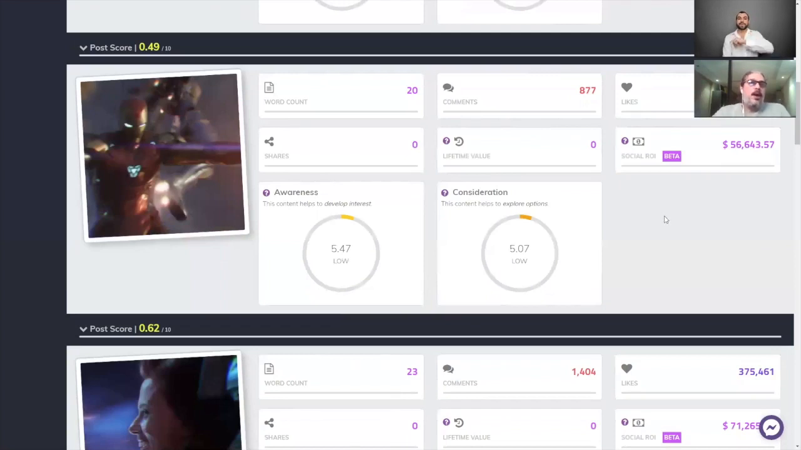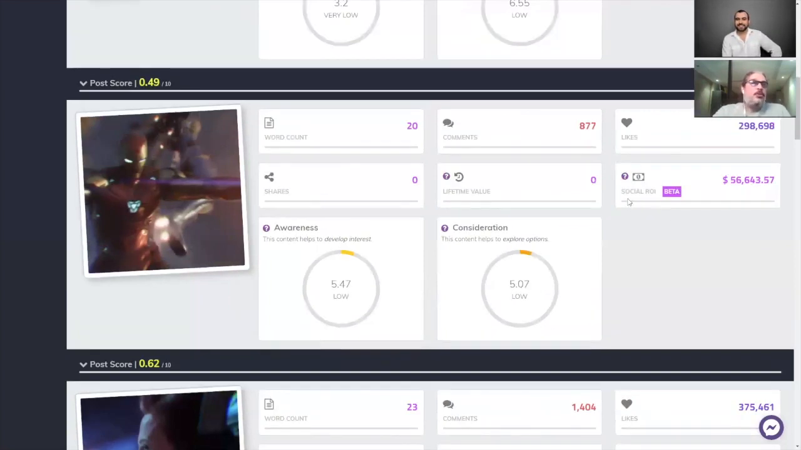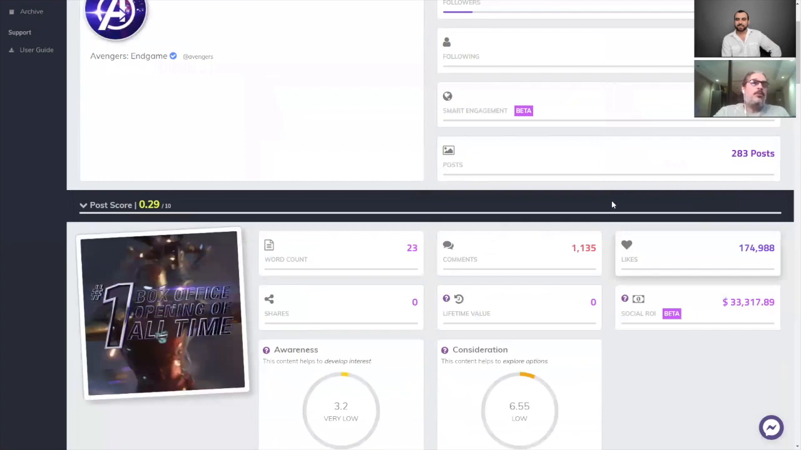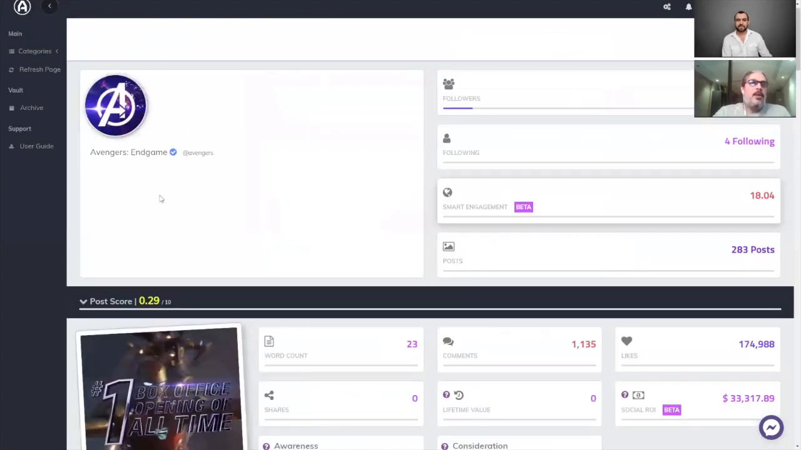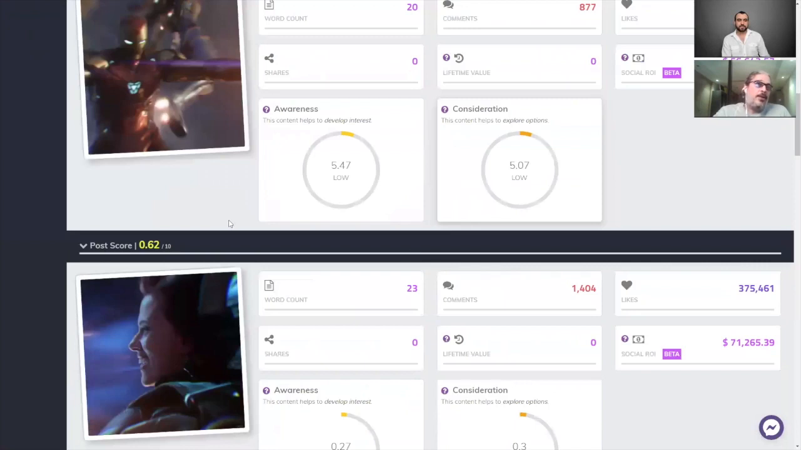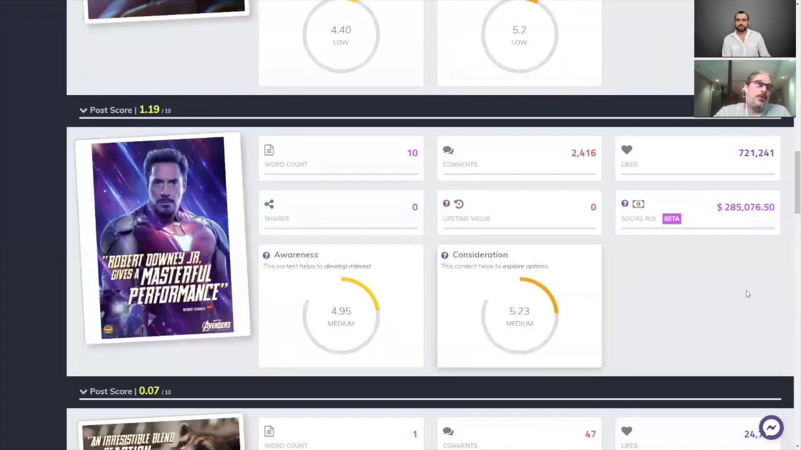If you are researching this account, you probably want to know the post score first thing. Here you can see, without spoilers, if you saw the movie, you understand why these have more than $250,000 value. Yeah. Because, well, it's $250,000. Yes,